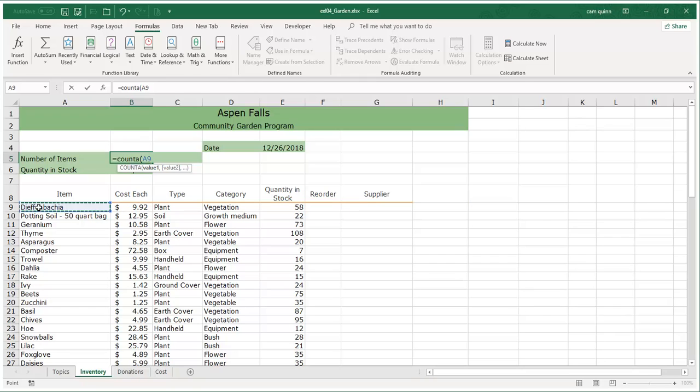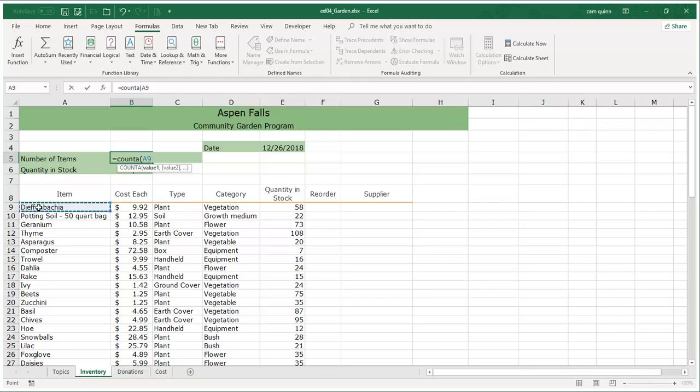is just click and drag. But in this case, I've got 70 some odd rows, so it's going to take a minute to scroll down to do that. One option that you have when you're trying to select a range of cells is there's a keyboard shortcut, which is Control plus Shift plus the down arrow, or if you're at the bottom, Control plus Shift plus the up arrow, which will select a whole range from the top to the next available cell where it breaks, basically. So in this case, it will